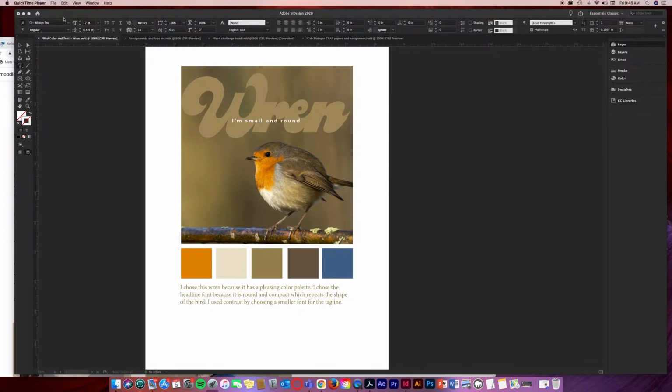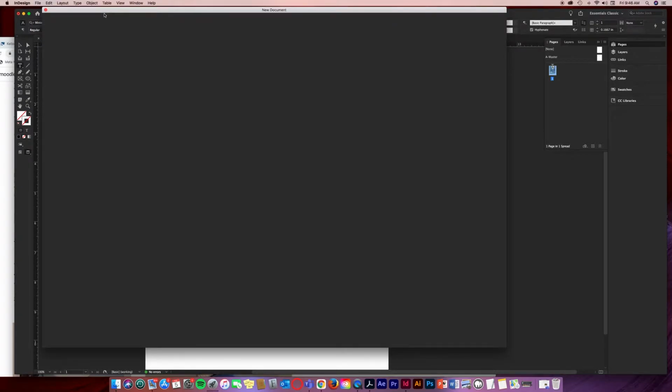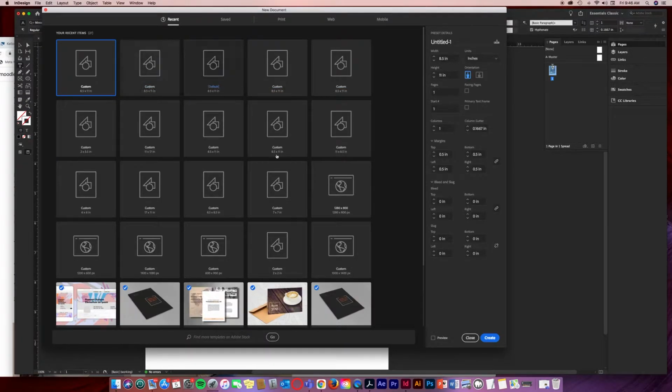Open up your InDesign and let's create a new document. We're going to be setting this up on a letter size page. So you can pick your default right here if you want to do that. And over in the panel, we can type in your name, the project, bird color palette,